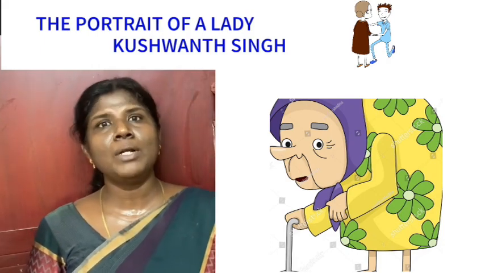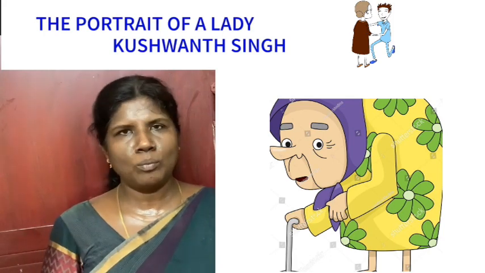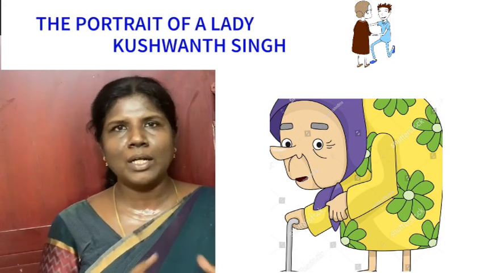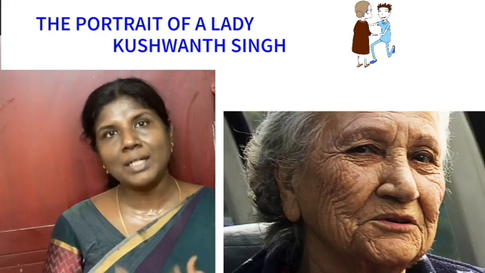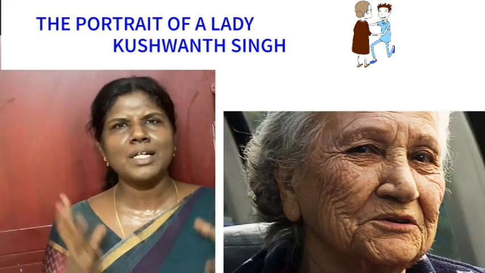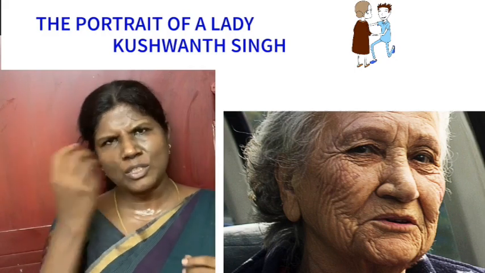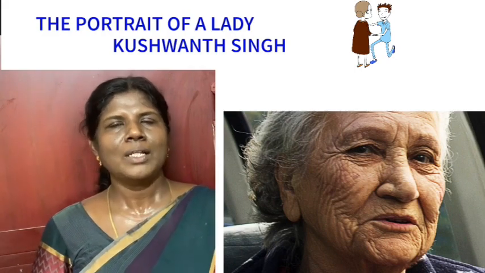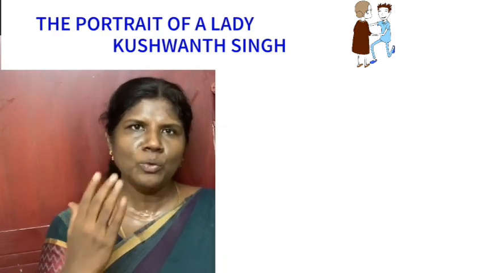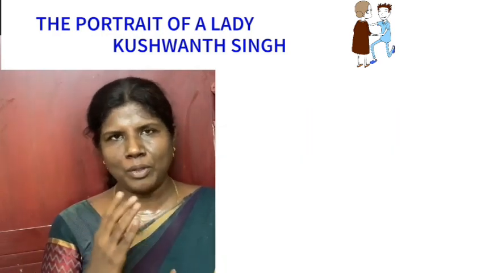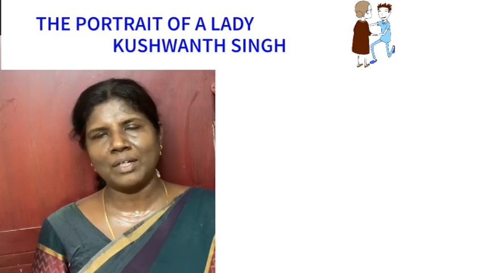Hobbled: she hobbled about the room. Hobbled means walking unsteadily, with a limp. Her face was puckered. What is puckered? Lot of wrinkles. Puckered means wrinkles, many wrinkles on the face. That is called puckered. These are the new words. I think we are learning, this is the first time we are hearing them.